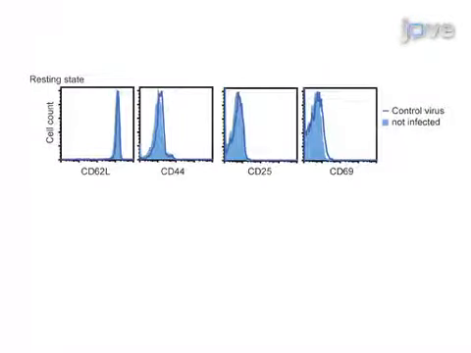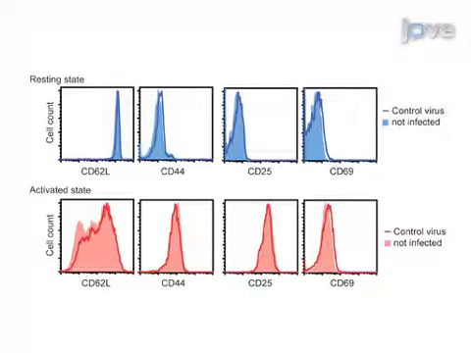To determine whether adenovirus infection affects the activation status of T cells, infected and non-infected cells were analyzed for expression of activation and resting markers by FACS. As seen here, expression of these markers was indistinguishable in infected and non-infected cells. When cells were then activated in Treg polarizing conditions, upregulation of activation markers and downregulation of naive T-cell markers was very similar in infected and non-infected cells. Taken together, these data indicate that infection of T cells at a naive state does not interfere with subsequent T